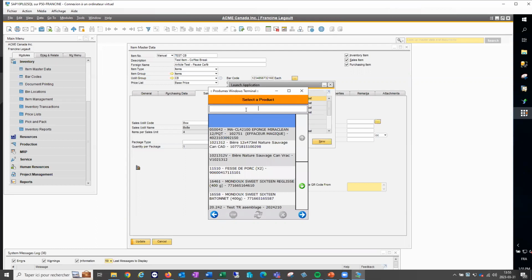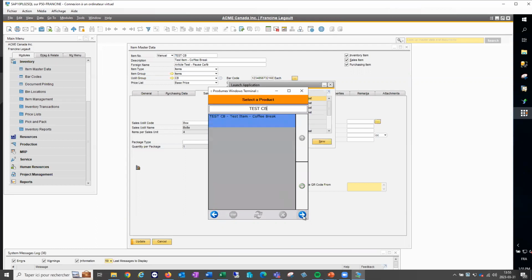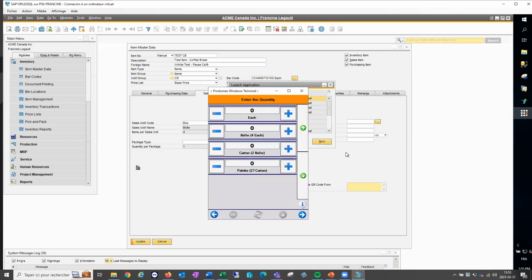Okay, so I'm going to select my product. And there you can see it's very simple, very clear. So I have my eaches, my boxes, which are 4 eaches, my carton, which are 2 boxes, and my pallet, which is 27 cartons. So it's very easy for the operator to know exactly what he has in front of him and to input the right information in the scanner.